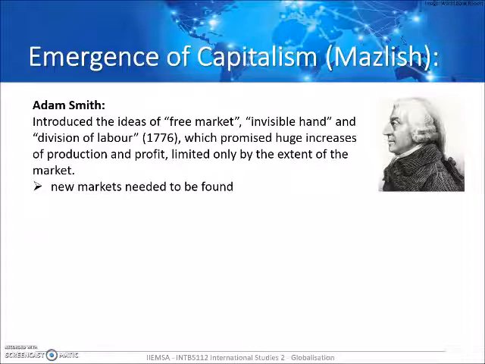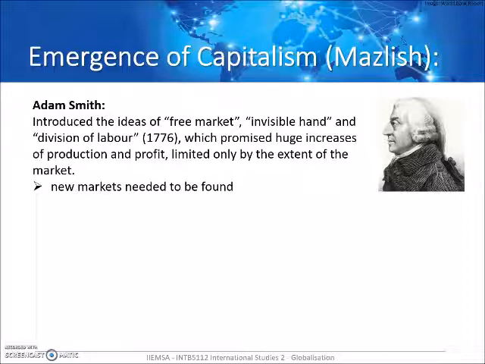That were only limited by the extent of the market. So basically the idea was, the invisible hand, the idea was literally that the market regulates itself. So that if somewhere you have resources, then labor will move there because there will be a need of labor. If something is valuable, the price will go up, and therefore it will become more rare. So all of these economic systems would sort of balance themselves out, right?